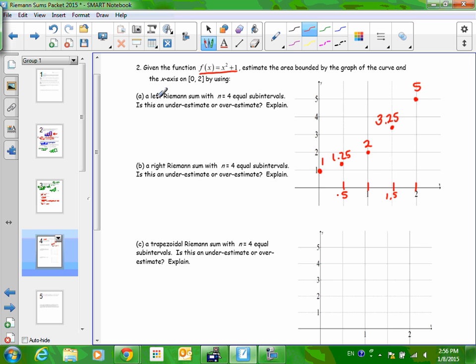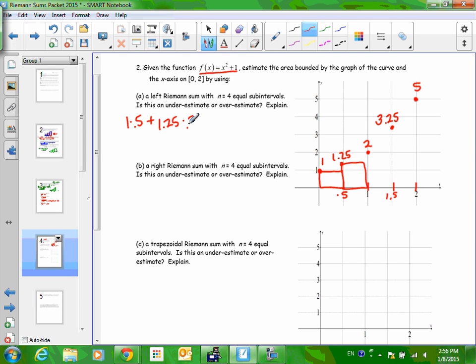A left Riemann sum. All right, so my first group. Am I choosing 1 or am I choosing 1.25? 1. If you need to draw the rectangle, draw the rectangle. If you feel like, I don't need to draw it anymore, you're fine, you don't have to. The picture over there is not mandatory. It's really just there to help you with the problem. So that would be 1 times 0.5. What would the next rectangle be? 1.25